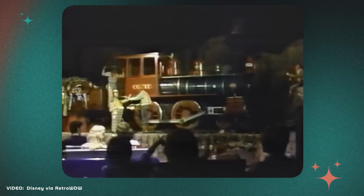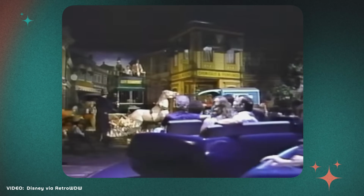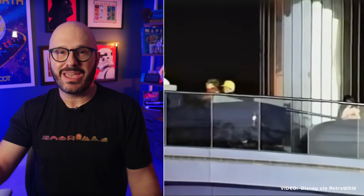World of Motion also featured a theme song called It's Fun to Be Free, written by Disney legends Buddy Baker and X Atencio, the duo behind Grim Grinning Ghosts at the Haunted Mansion. I only have vague memories of going on World of Motion, but to a Disney history nerd like me, that ride sounds awesome. But World of Motion closed at the beginning of 1996 to make way for Epcot's first thrill